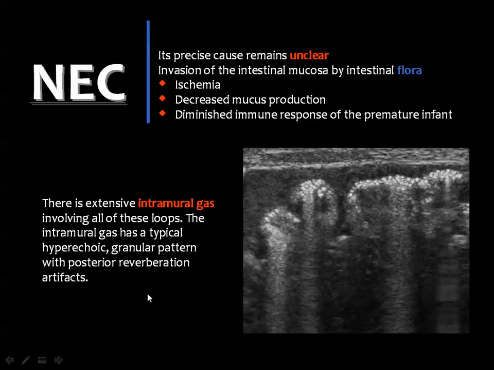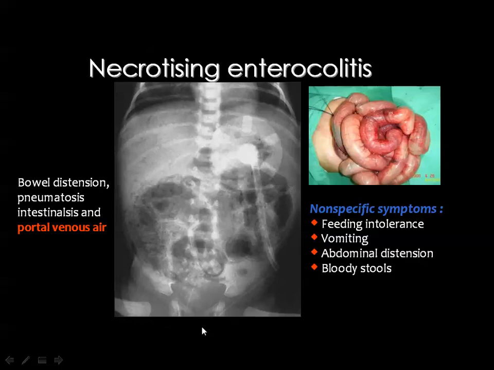And this will result in accumulation of a lot of gas in the wall of the small bowel, and this can be easily appreciated by ultrasound because gas locules are echogenic and they may produce acoustic shadows like you can see here. But in the plain film, you are able to see fine linear radiolucent shadows which represent